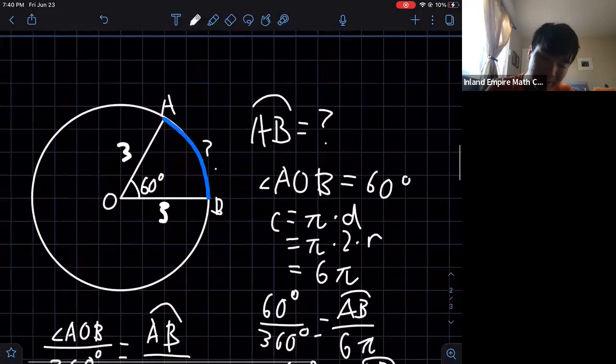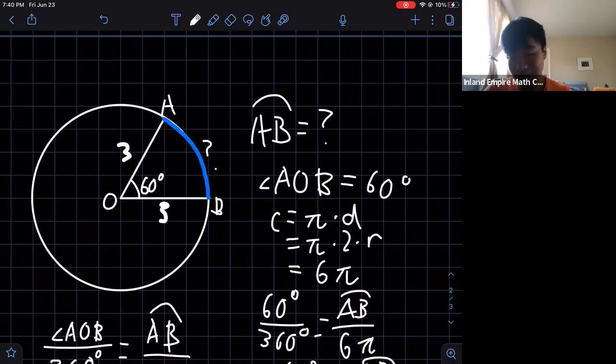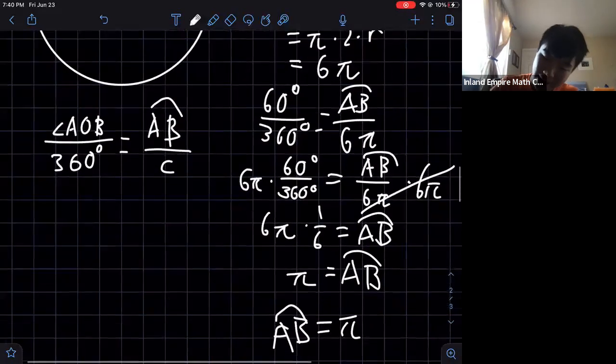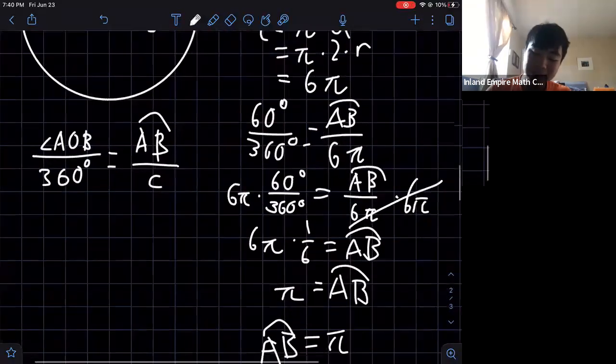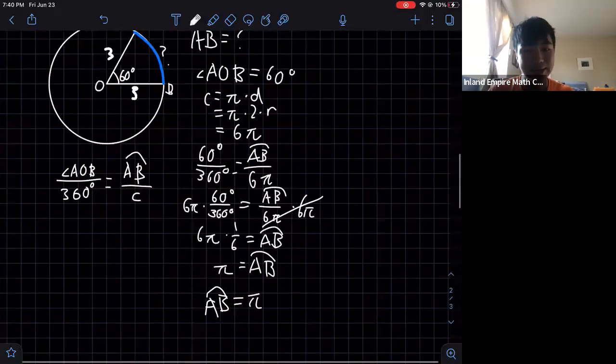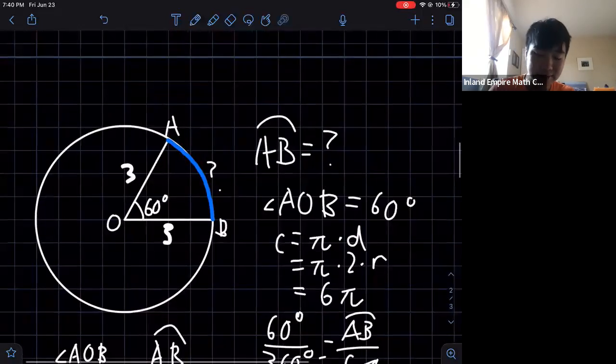You could think about this as the Earth, or like a planet. If someone starts at point A and they walk to point B, then they're going to have walked pi steps, if that was a sort of pi distance. If this was, say, 3 miles across, a small asteroid. But basically that's how we can figure out the lengths of arcs like this,